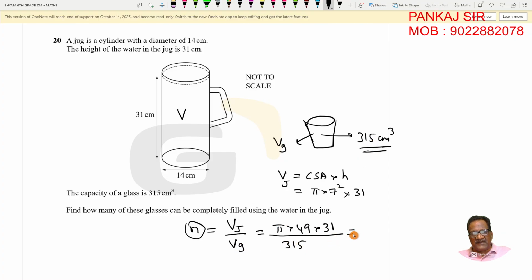Now pi into 49 into 31. Let us do the calculation and see how much you are getting. I am taking pi as 3.14. So 3.14 times 49 times 31. I am getting the answer as 4769.66, divided by 315. Now when I do this division,